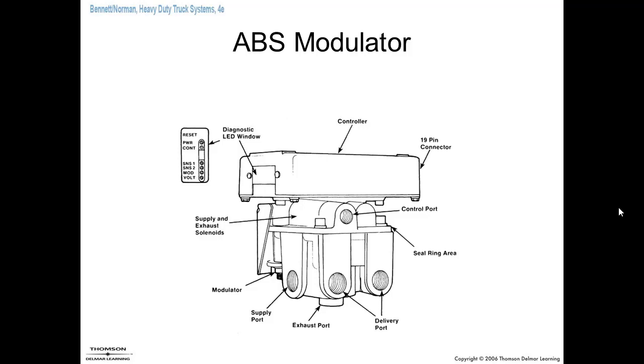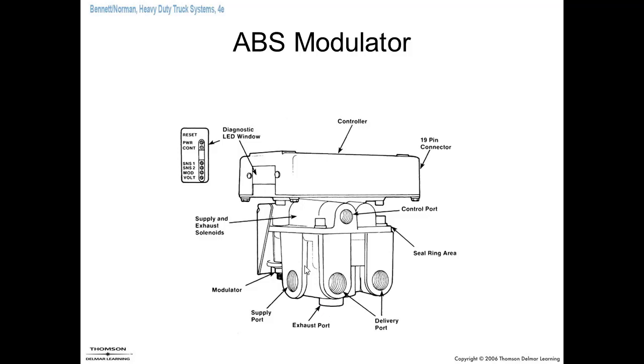What's an example here is we've got the ABS modulator. It's built into, in this case, the relay valve. Right, so it's receiving the signal from the brake chamber, or the brake valve, and then sending through the delivery port, sending that air signal out to the brake chambers. So we've got the modulator valve built into that, and what it's going to do is it's got an exhaust